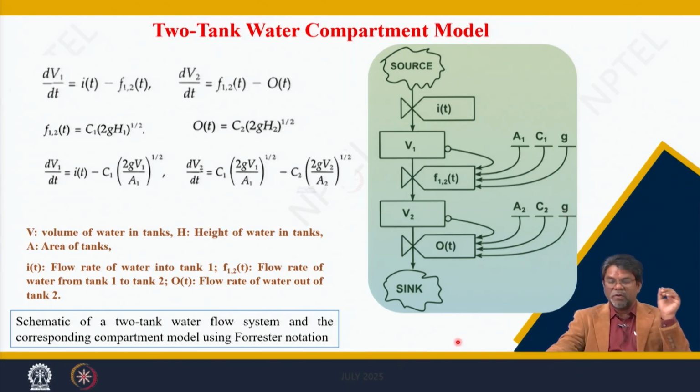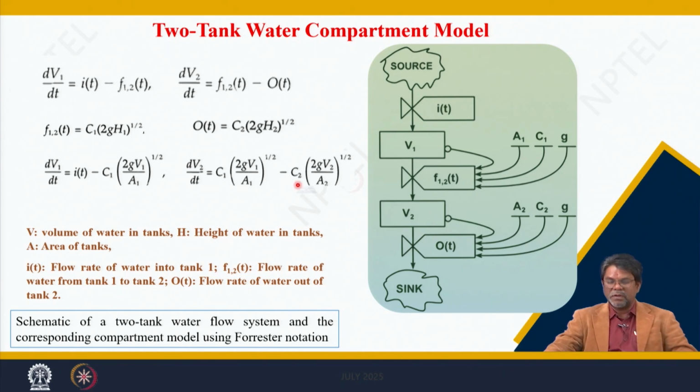So, here you have two tanks, tank 1 and tank 2. Water flows from tank 1 to tank 2 and out from tank 2. This is represented using the compartment model symbols. That gives an understanding to the users or the students. You can understand here how the inputs or the parameters influence the flow rate, how there is a flow from one compartment to another, and what the interrelation is, how they interact with each other.